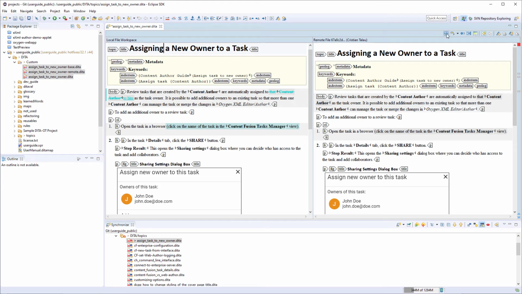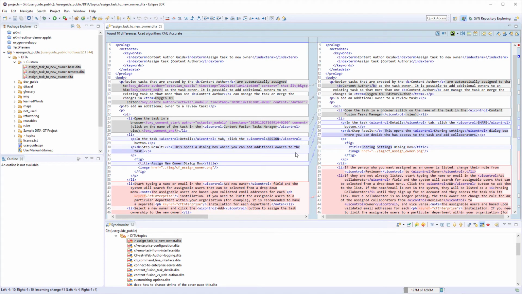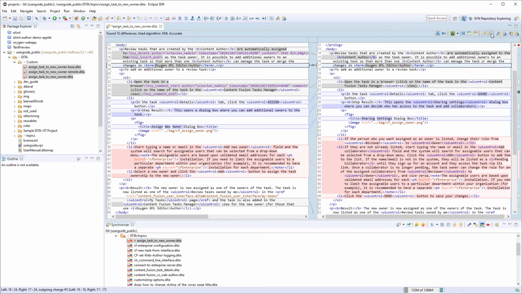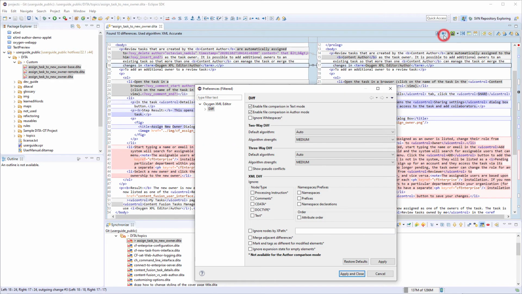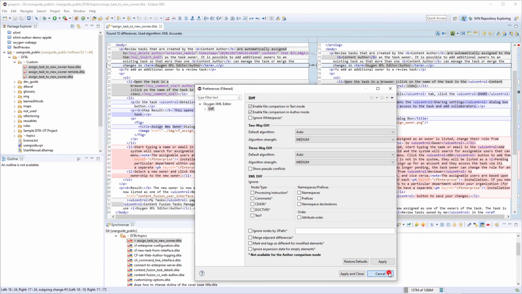It includes a text-based comparison mode, and you can switch to it by using the toolbar button. Most of the options, features, and actions that are available in the visual-based mode are also available in the text comparison mode. It also includes a set of diff options. For example, you can choose from various different algorithms for a 2-way comparison or 3-way comparisons. You can also specify whether or not namespaces, prefixes, namespace declarations, or the order of attributes should be ignored.